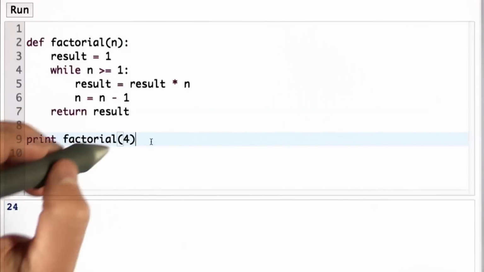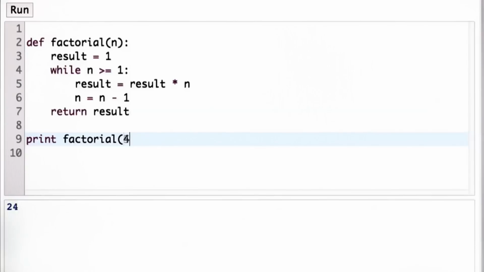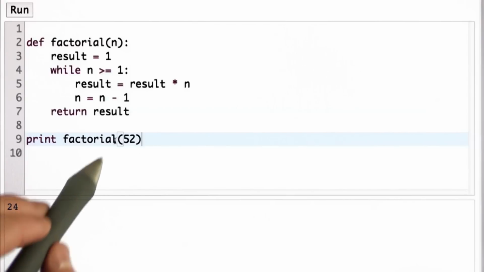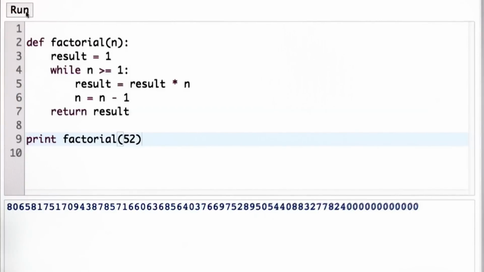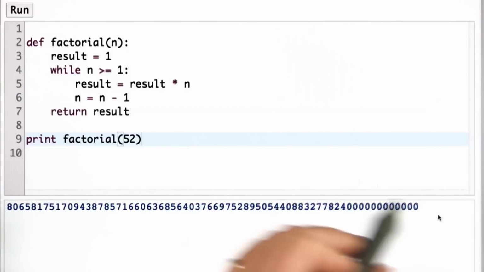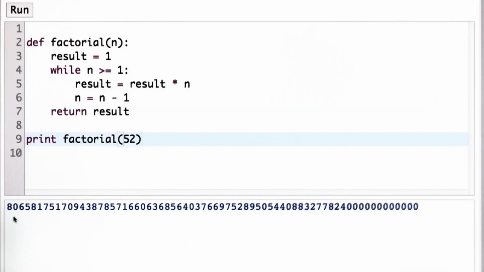Factorials increase pretty quickly. So we could also use the factorial procedure to figure out the number of different ways to arrange a deck of playing cards. If we have a deck with 52 cards, there are 52 ways to pick the first card, 51 ways to pick the second, and so forth. And when we run this, we see that the factorial of 52 is this really big number. That's why you can have so many different card games. Every time you play, the arrangement of the cards is going to be different.